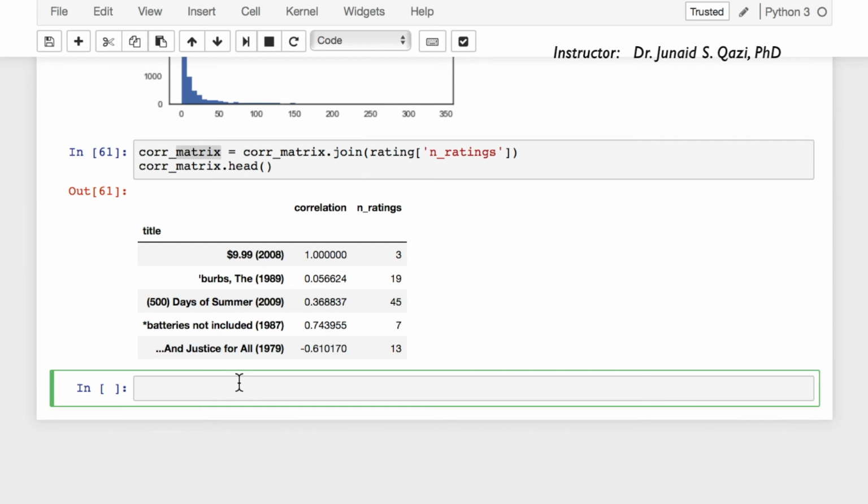So now we can use sort_values to sort these with the condition where the number of ratings is greater than 50. Corr_matrix, we need n ratings where n ratings is greater than 50, and we pass in this whole thing to our data frame corr. I hope you still remember how to do the masking in the data frame, and here we are actually masking our data frame on certain conditions where the number of ratings is greater than 50, and sorting the values